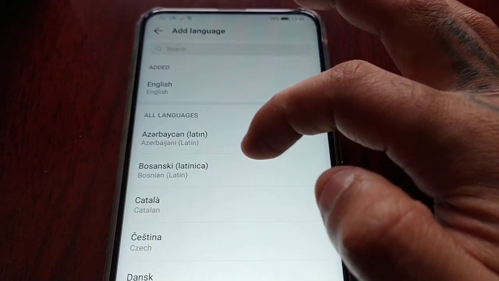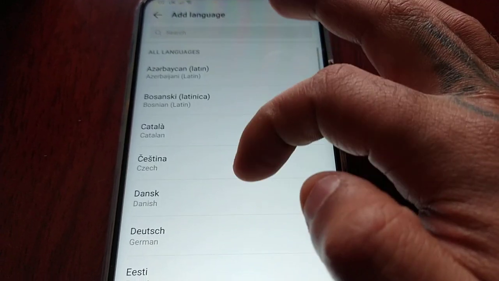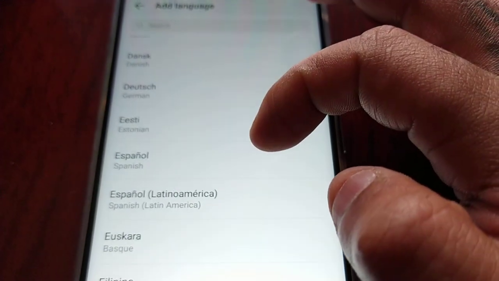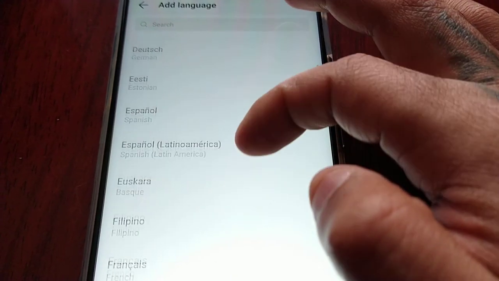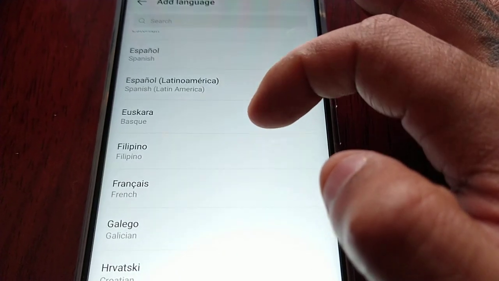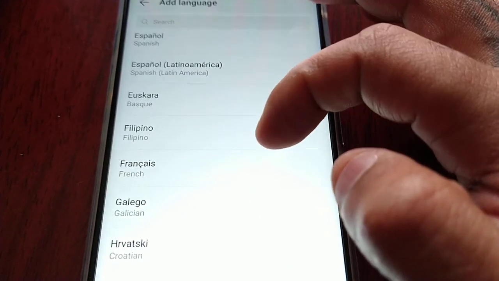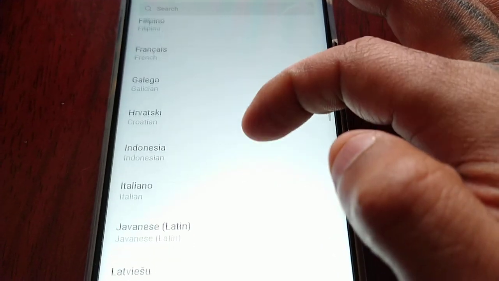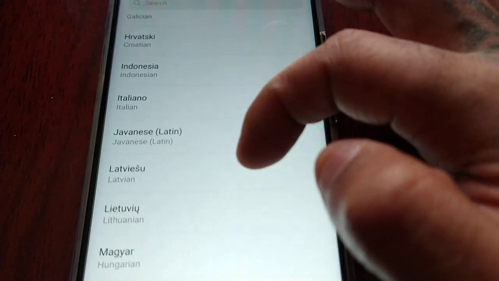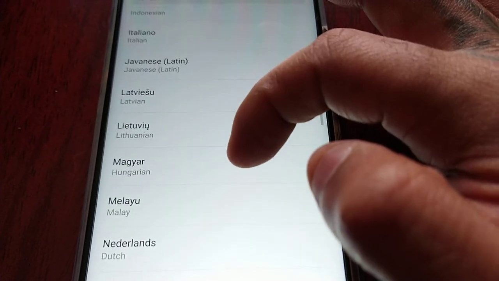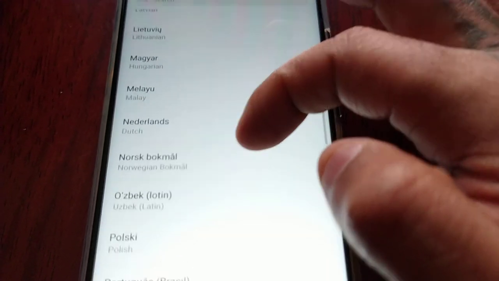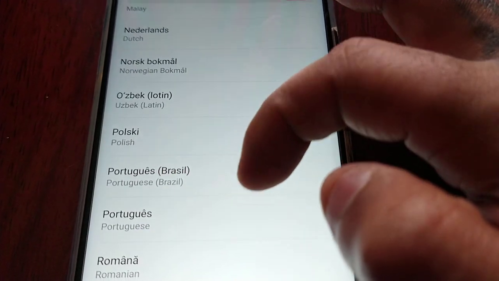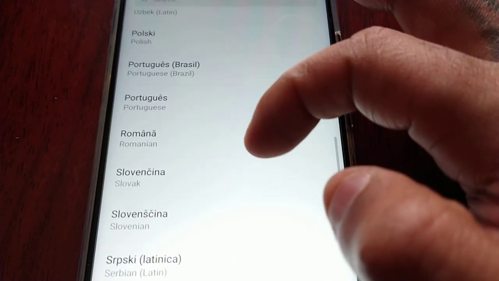So this one at the top, I can't pronounce it, but there's Bosnian, Catalan, Czech, Danish, German, Estonian, Spanish, Spanish Latin America, Basque, don't know if I'm pronouncing that right, Filipino, French, Galician, Croatian, Indonesian, Italian, Javanese, Latvian, Lithuanian, Hungarian, Malay, Dutch, Norwegian Bokmal, Uzbek, Polish, Portuguese Brazil, Portuguese, Romanian,